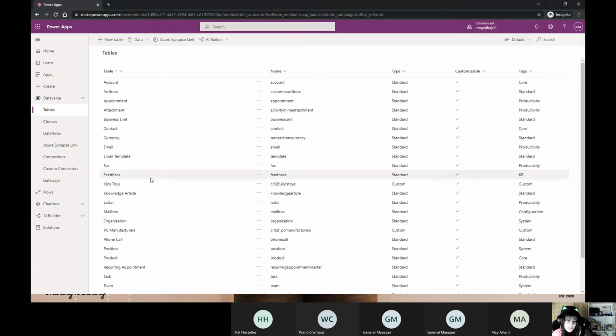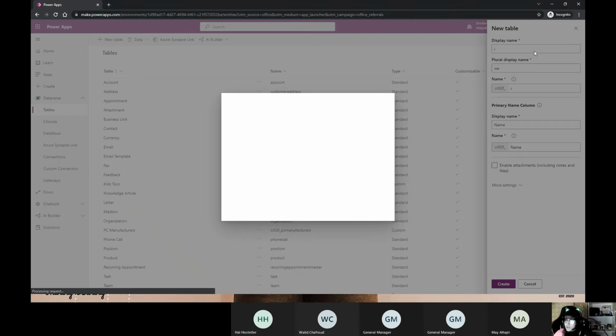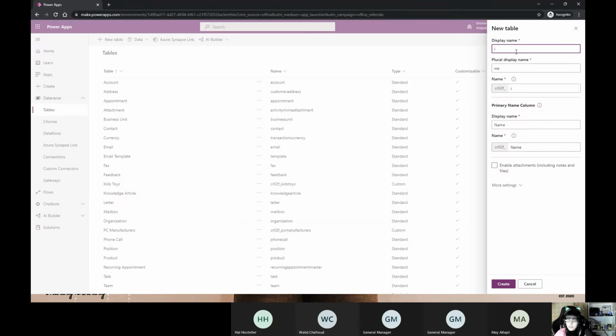For our example today, we need to create our tables, and I already created one, but I'm going to show you the steps. So if I want to build a table, what do I need to do? After I go to the Dataverse, I can click on tables, and from there I need to click on a new table. Once we click on a new table, I just need to name it. For example, here, let me call it kids toys test, because I already have a table with the same name. So I will type the name of my table, kids toys test table,